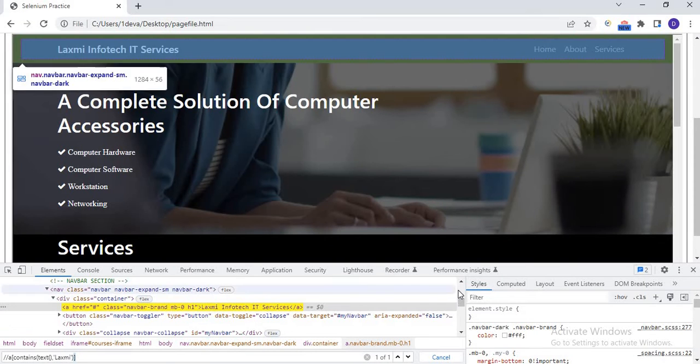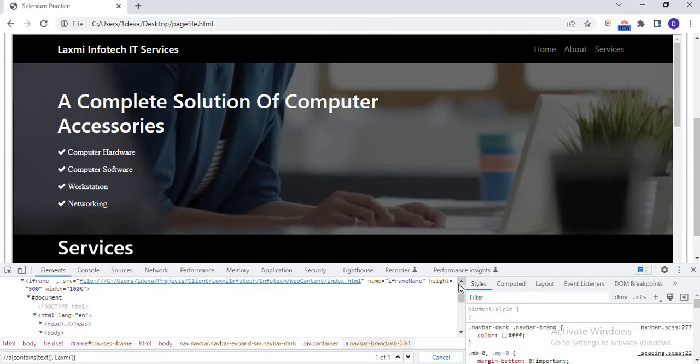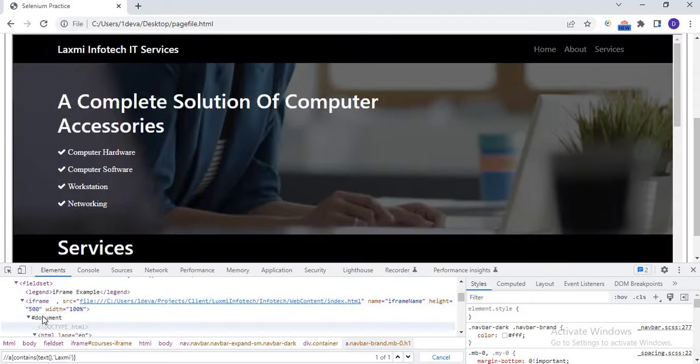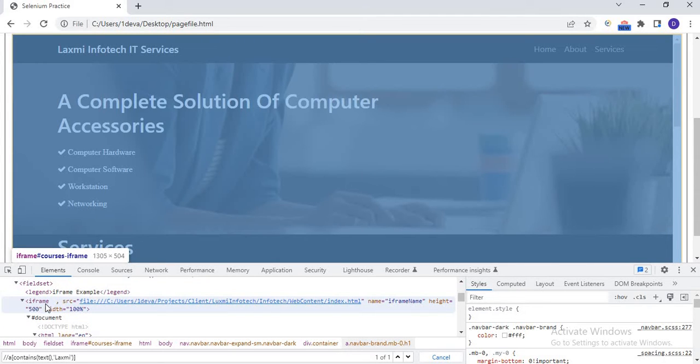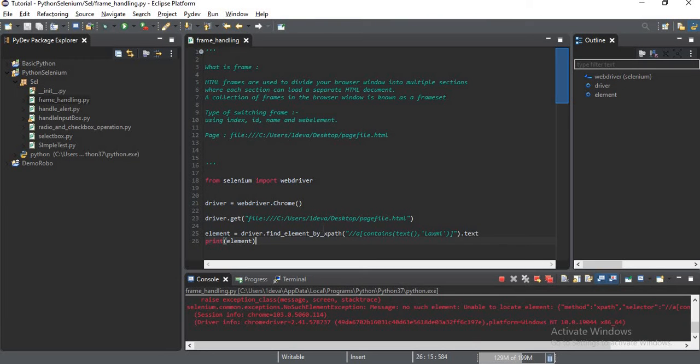Okay, so we'll see here. Yes, this is inside of an iframe. This whole content is inside the iframe. So what we need to do first is switch to it. For switching,